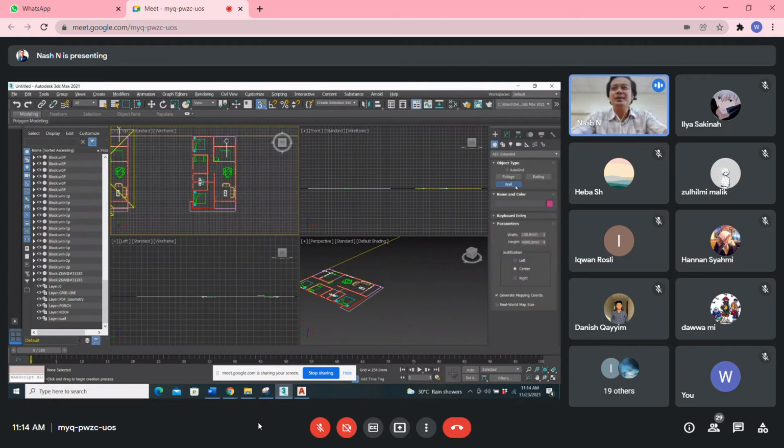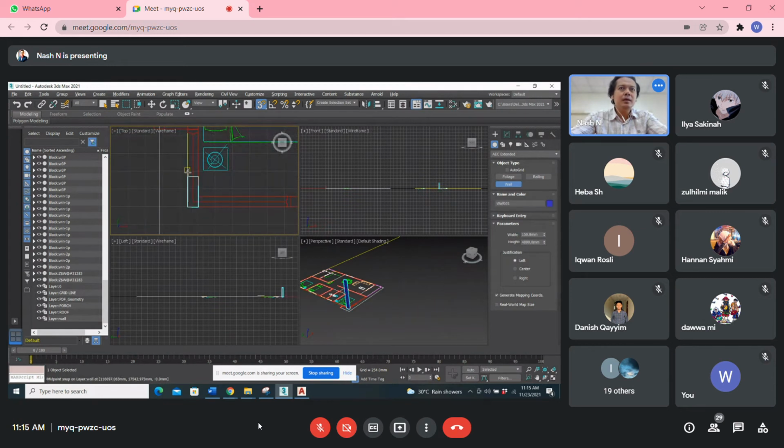Okay, so we draw the wall. Actually, I always use center. If you use left, means if you take here, it's left. Take the left line as a reference. Escape back. If you use right, you click right, okay, you use the right. Understand? That is why last time I just used the reference line, the grid line.